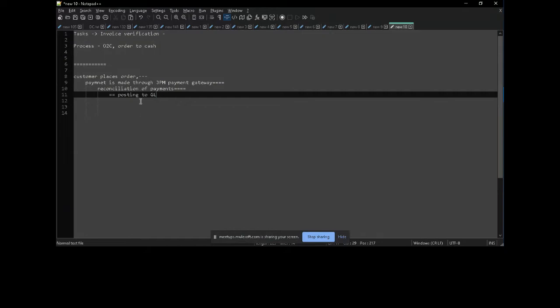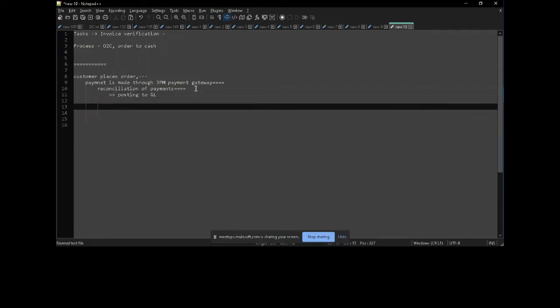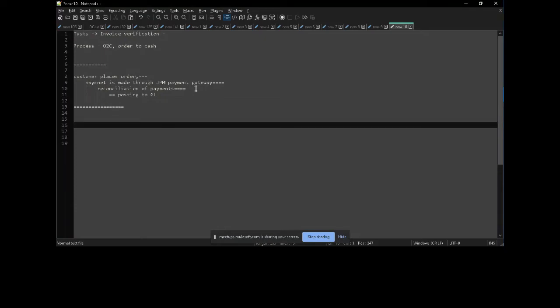Maybe here we are doing the verification of invoices. So there are multiple sub processes which are there still, or we can say that these are multiple processes in themselves, right? Now, the target of RPA is to automate the whole process, including the sub processes which are there inside, right?